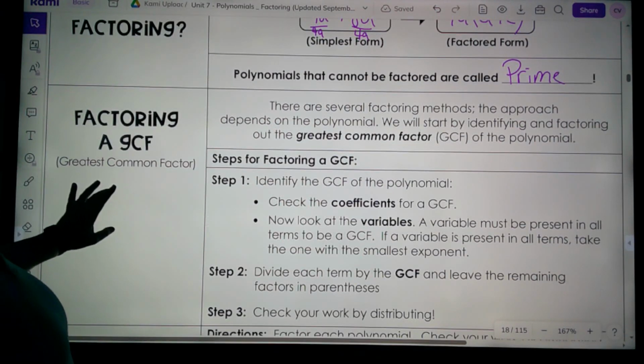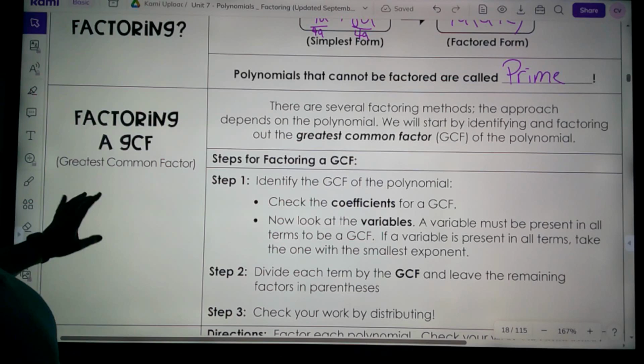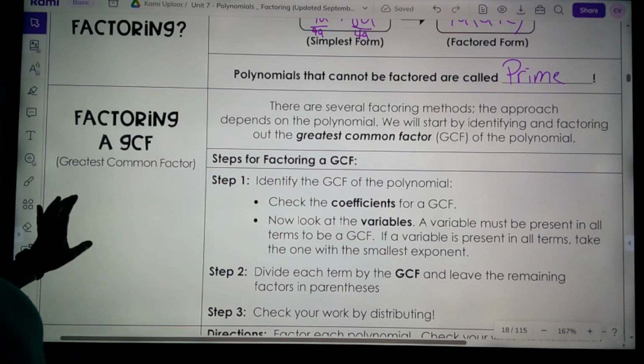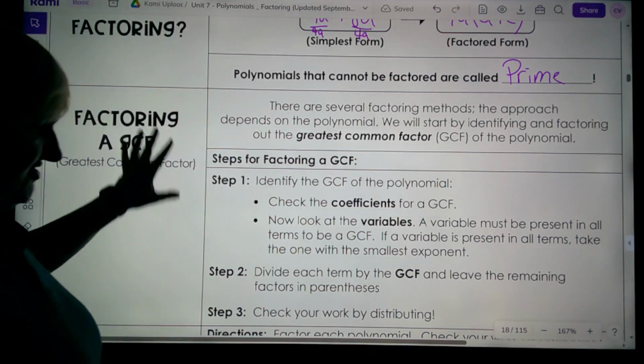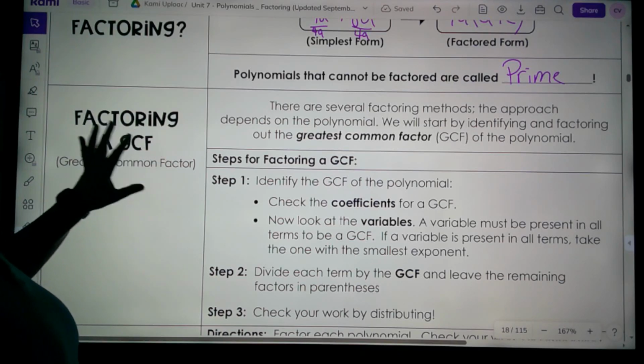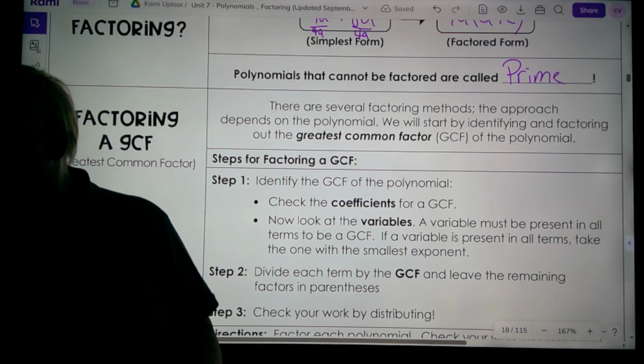There are several factoring methods. The approach depends on the polynomial, of course. We will start by identifying and factoring out the greatest common factor. So 6.5 is all about finding the greatest common factor. Okay, so